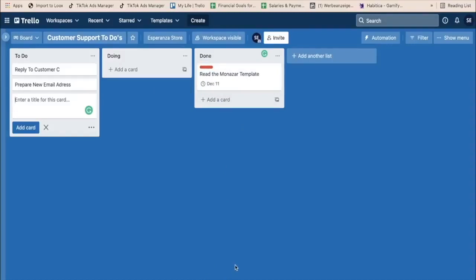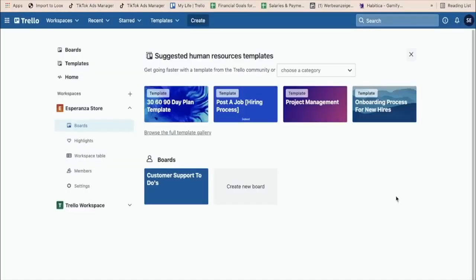So this is how to organize your tasks, how to have an overview over the small tasks that you have, and make sure that all the to-dos are being done. So every time you have a new idea for the customer support team, every time you have a new task that you think needs to be done, you can just add it here to the to-dos. Every member in this board will see the new to-dos, and they know that they have to do it, and you can monitor what is being done and what hasn't been done, just to make sure that you move forward with your business. Another thing that we can do, as soon as we come back here to the dashboard,